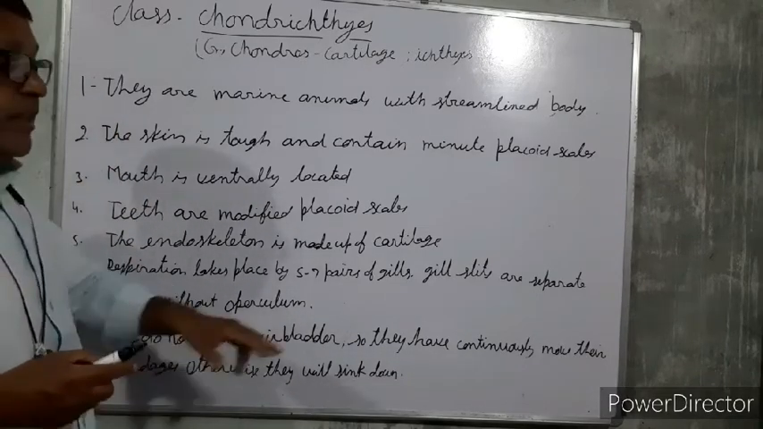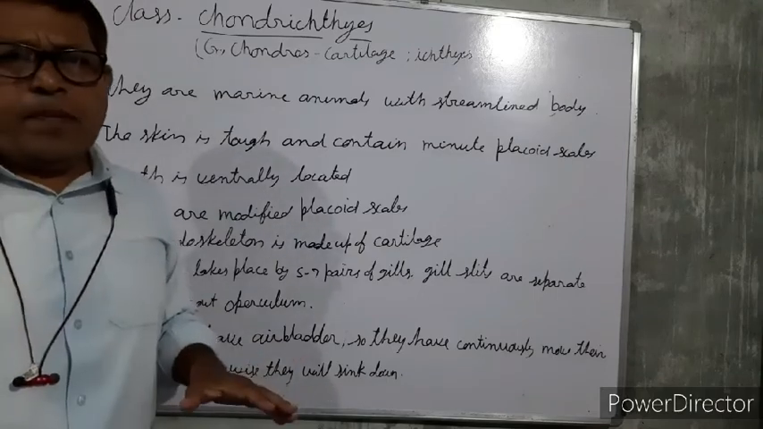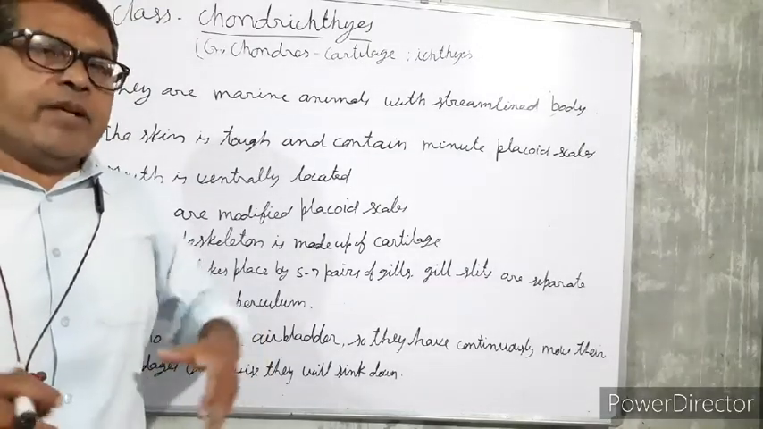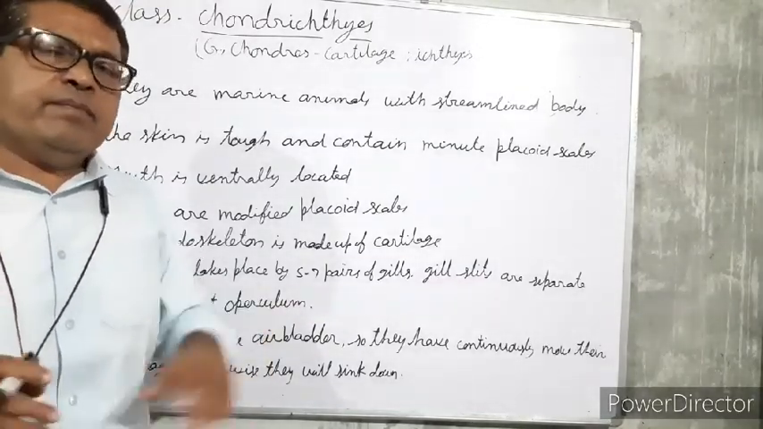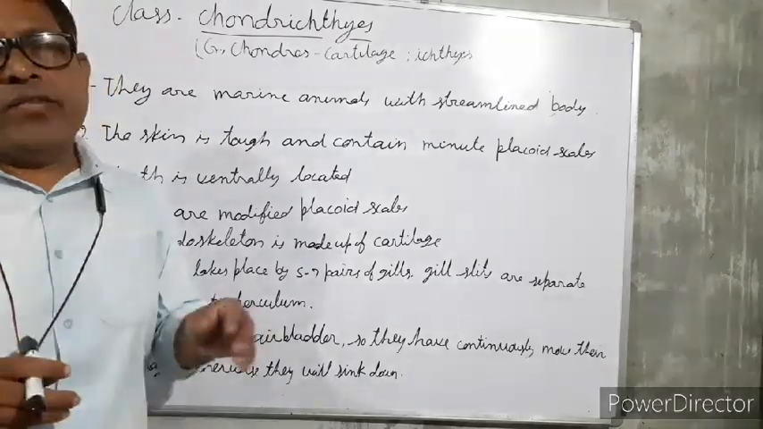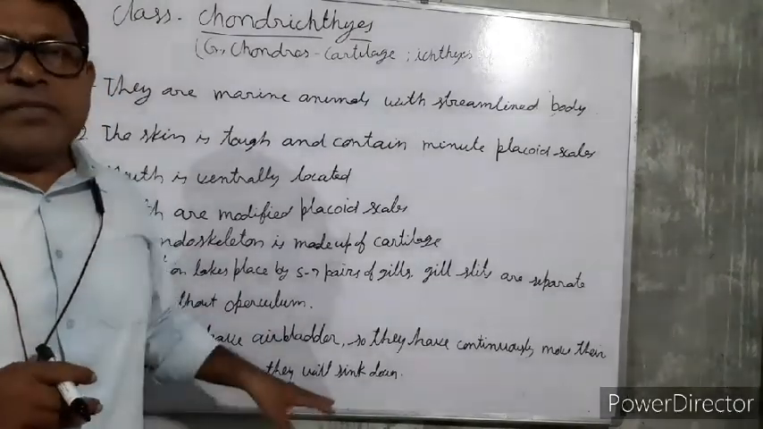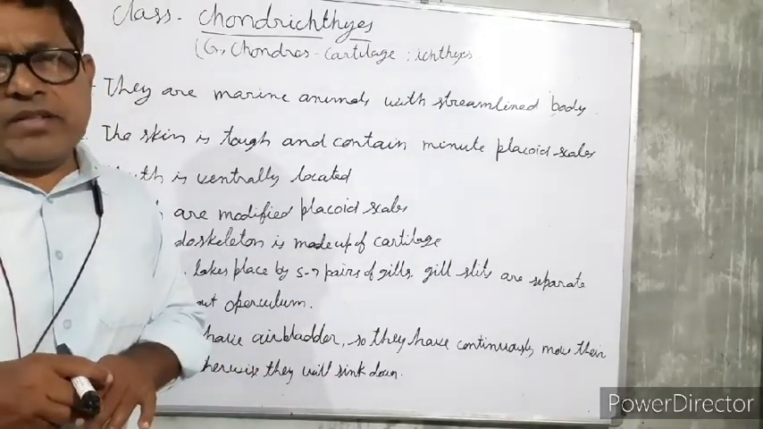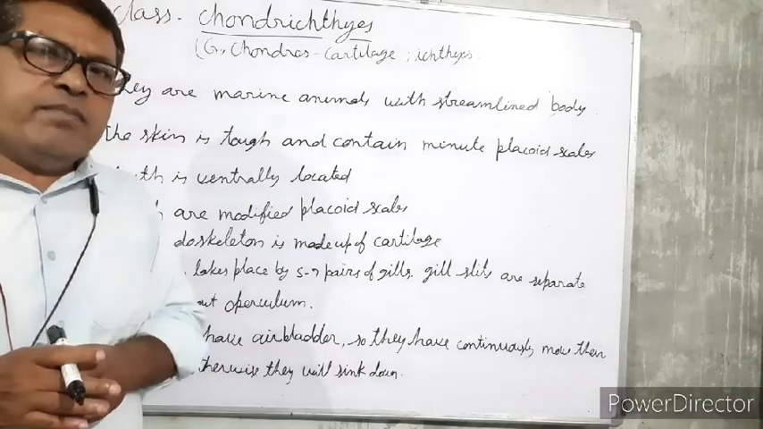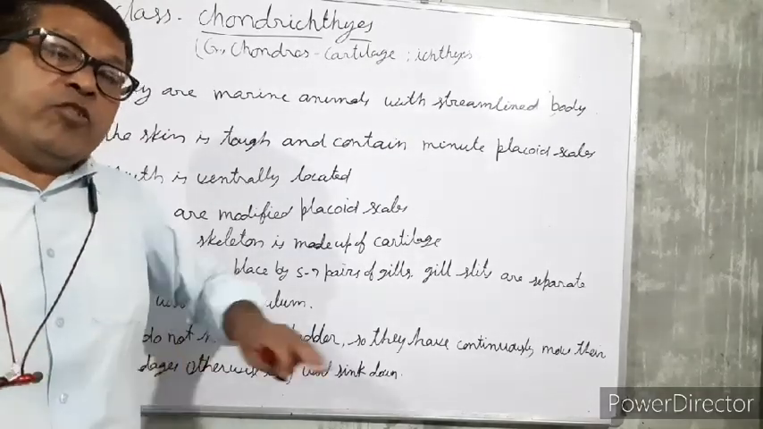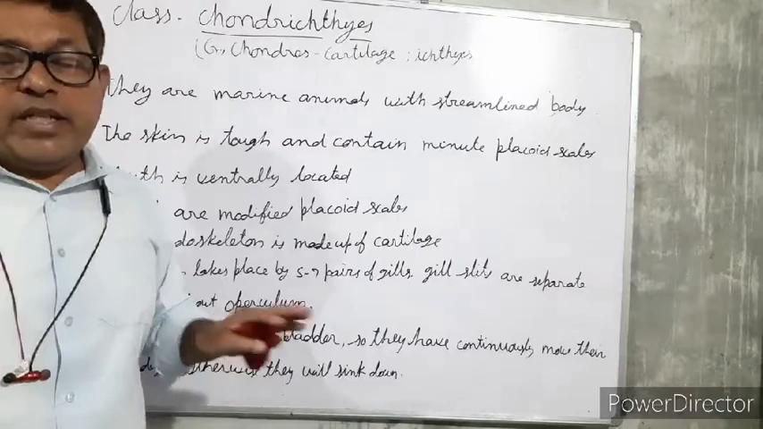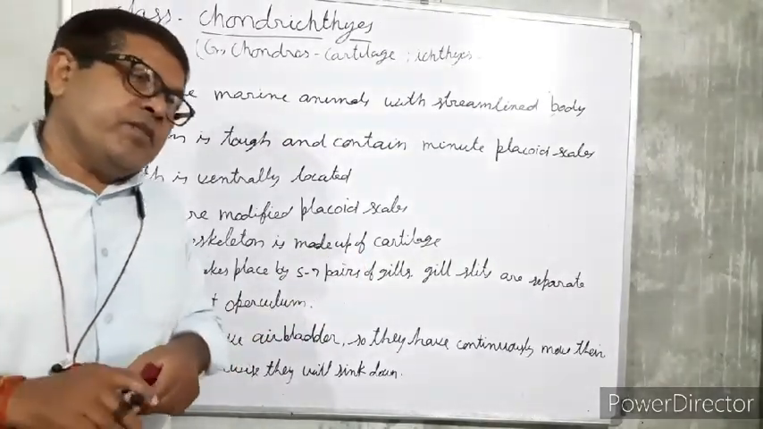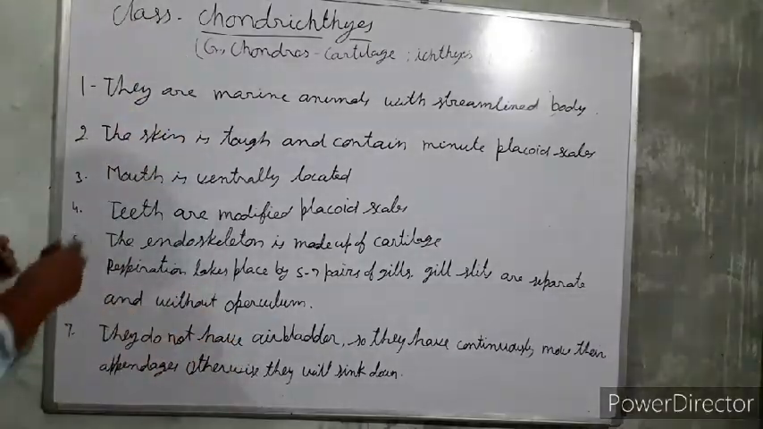So they do not have the air bladder. You know that the bony fishes, which we will study, have the air bladder, so they may remain anywhere in the water. And these fishes cannot stay on the surface of the water because they do not have an air bladder. So if they want to remain at one place, they have to continuously move their appendages, otherwise they will sink down. So next property,